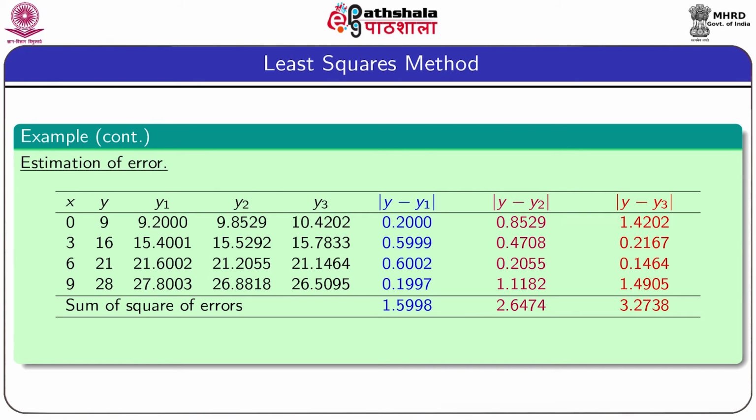Now the sum of squares of errors. For the first curve, the amount of error is less, and in this case we consider no weights for the sample points. In the second case, we consider medium weights, and we see that the amount of error is medium. For the last case we consider larger weights and observe that the amount of error is more compared to the other cases.